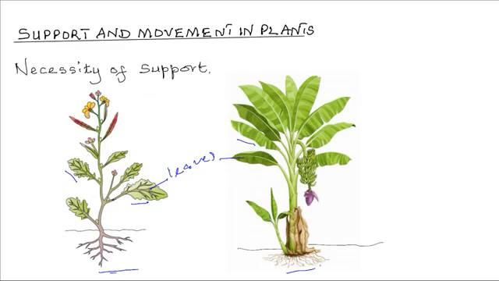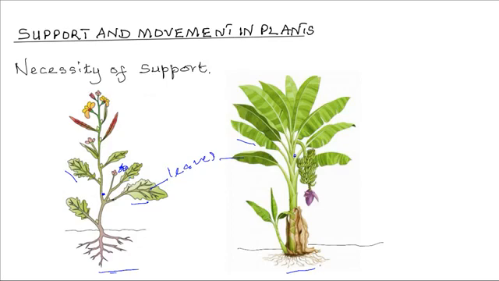A second reason why they need support is that it enables the plant to withstand the force of gravity and wind. Hence, this will help them to resist breakages due to their own weight and also that of other organisms that live on them. So say small insects or even birds may come landing on the plants. Now, to support the plant's own weight and even that of the animals on them, they need a framework of